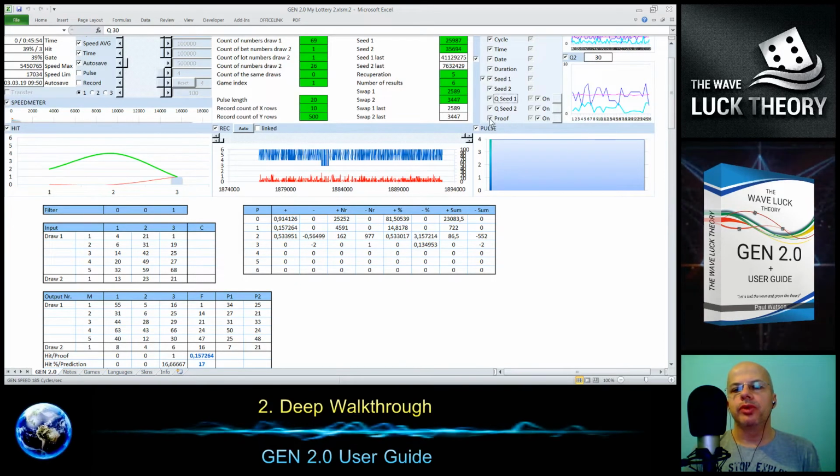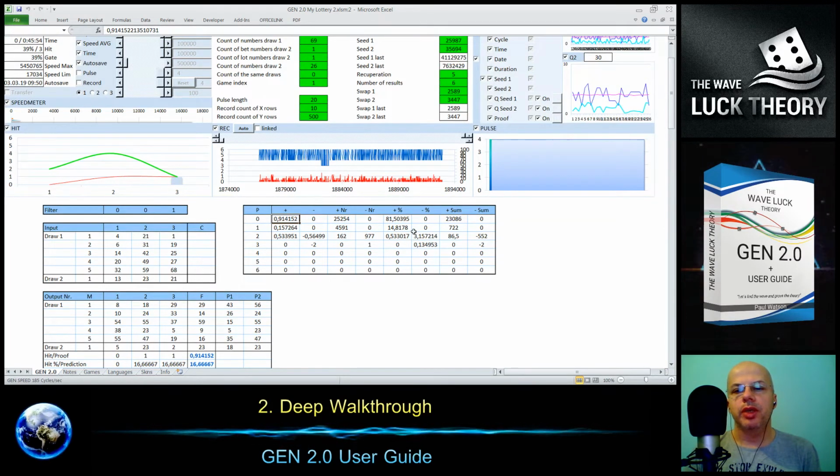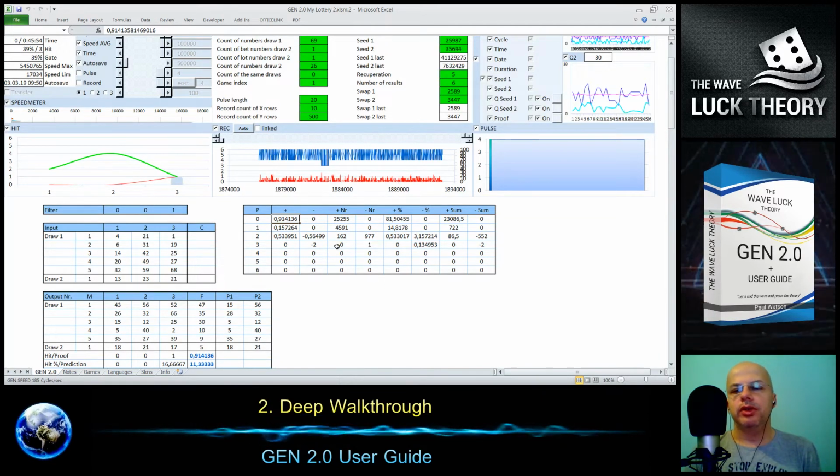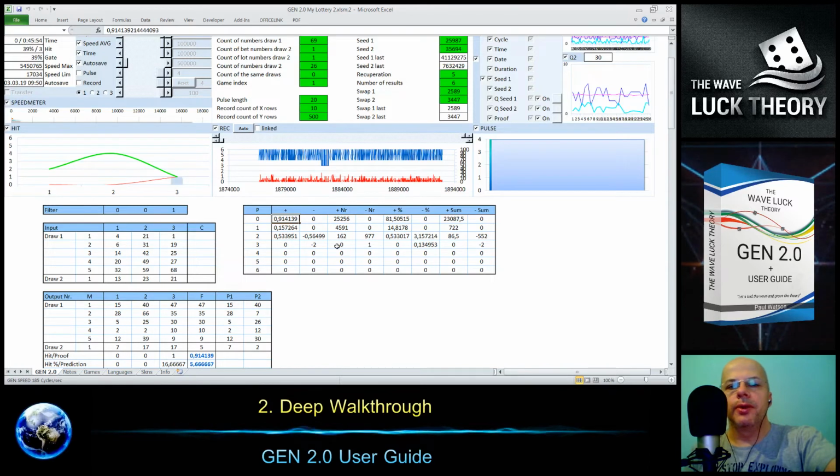So the proof, now it's on, and you see it's changing over time as the generation is running.